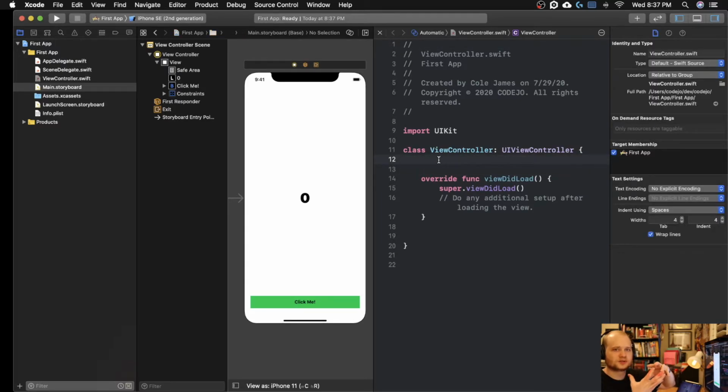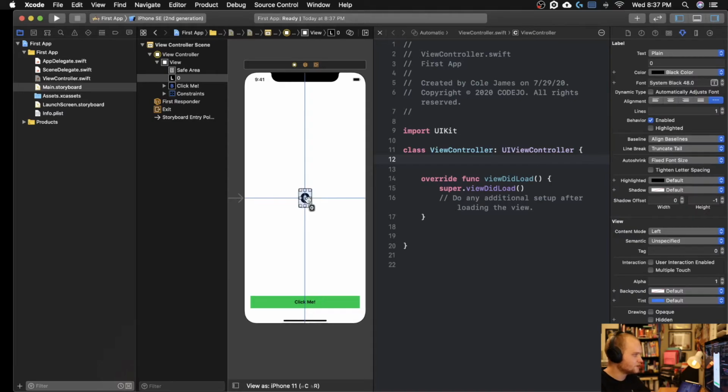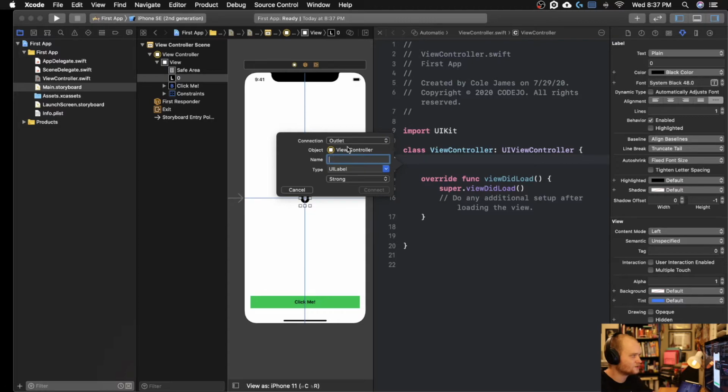This is called our view controller. This is where we're going to write the code associated with this view. So go ahead and click on your label, hold the control key, and drag it into the code here. And it's going to say Insert Outlet or Outlet Collection. So now that we have our outlet, make sure the connection says outlet, and you're going to want to put